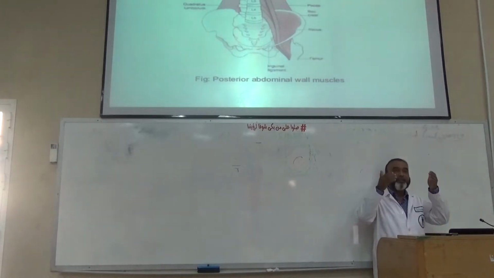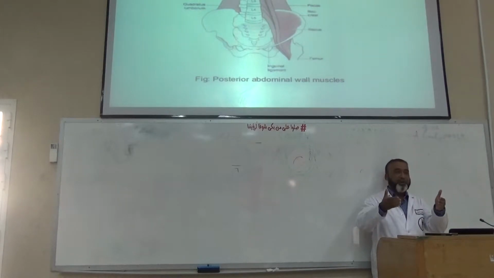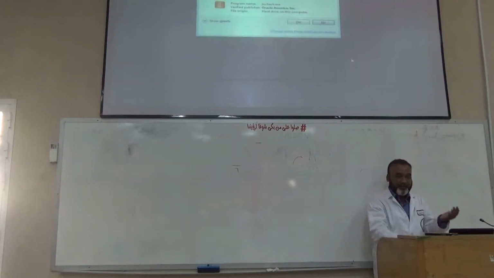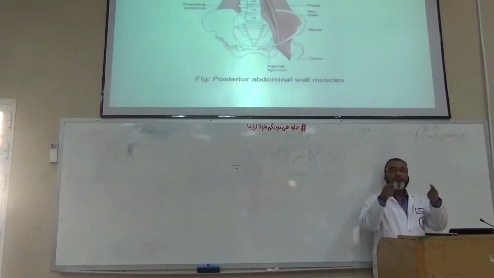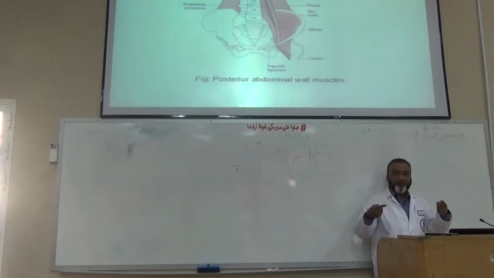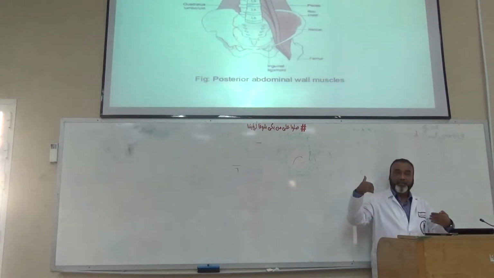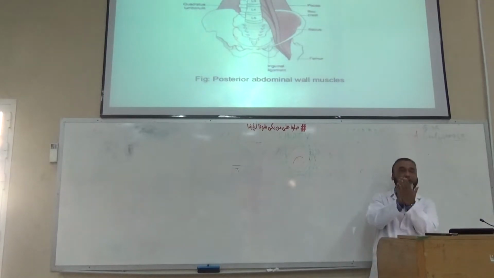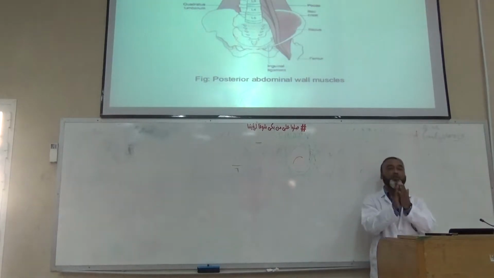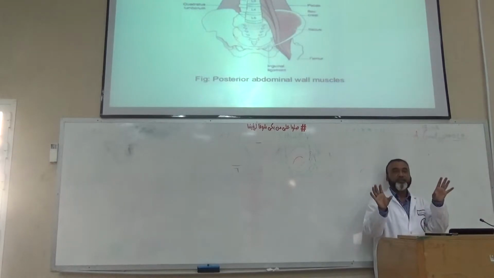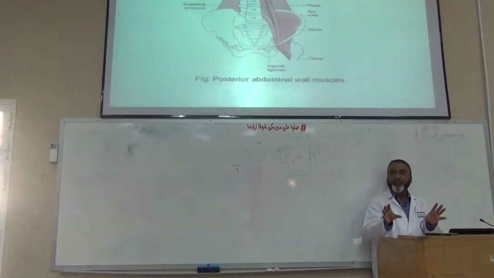So in this way, in the posterior abdominal wall, we have in the midline vertebrae with intervertebral disc. Then further laterally you have on each side the pair of ribs, the 12th pair of ribs. Then psoas major, quadratus lumborum, and below we have the iliacus muscle, and anterior to the psoas major, if present, is the psoas minor muscle. So these are the boundaries, or you can say the components, of the posterior abdominal wall.